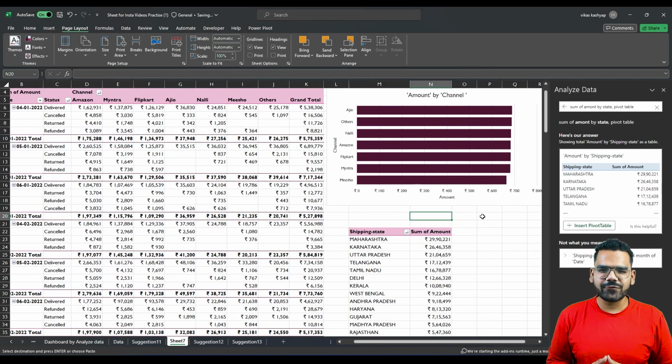Like this, you just have to ask a question, different types of question, and when you ask different types of question, sometimes you got error, sometimes you get unexpected results. But when you practice this for 1 hour or 2 hours, you will have good command on this analyze data, and it will be helpful for you definitely if you learn this, because it is an AI tool in Excel